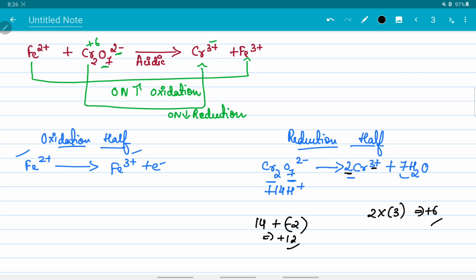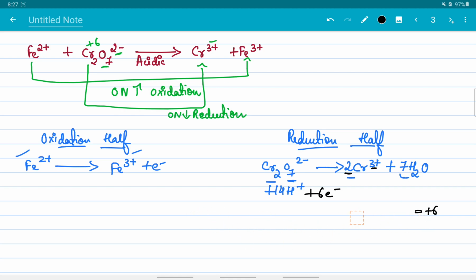So we have to balance them. If the LHS has lost more electrons, we will give back some of its electrons so that both of them will have lost equal electrons. If we give 6 electrons to the LHS, overall it would have lost only 6 electrons, because LHS had lost 12 but we gave back 6. So now it has lost only 6 electrons and the RHS also has lost only 6 electrons.